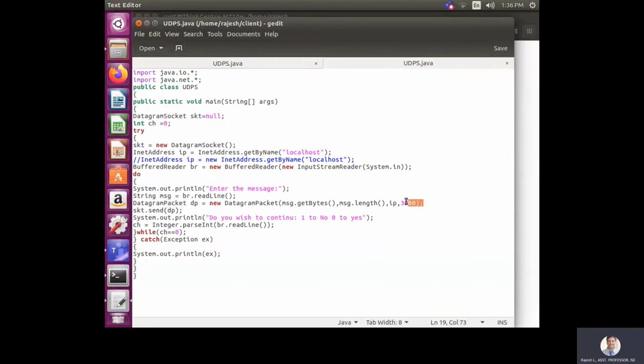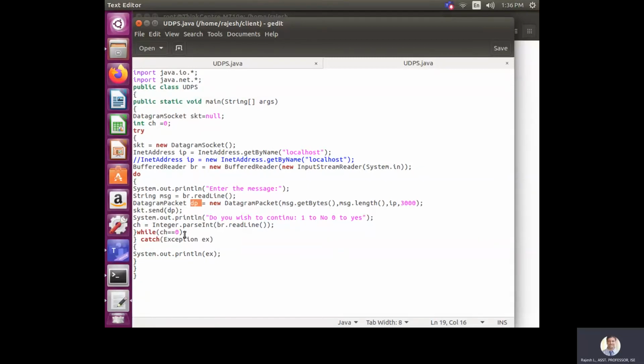The datagram packet will be sent by using skt.send(dp), so to port number 3000 I am going to send this packet dp. Do you wish to continue sending some more characters? For that you ask the user to input 1 or 0: 1 to quit, 0 to continue. Read that character and take the decision.